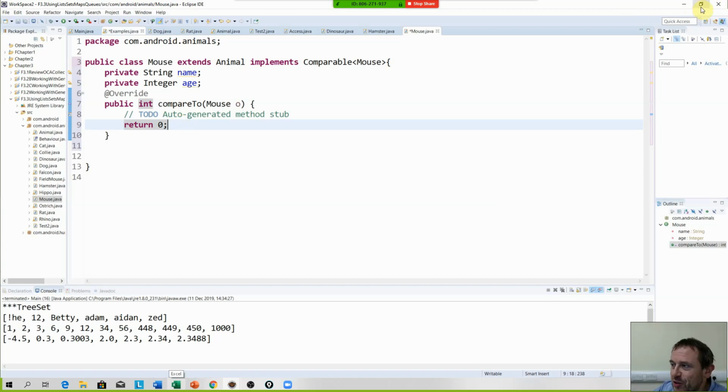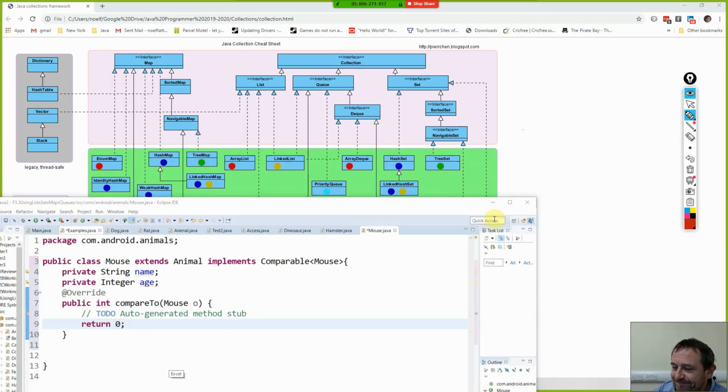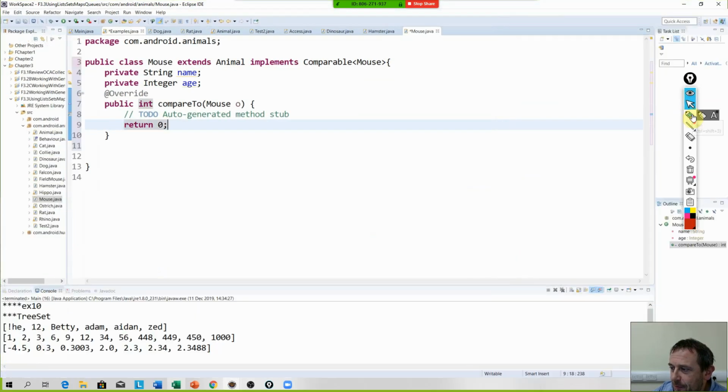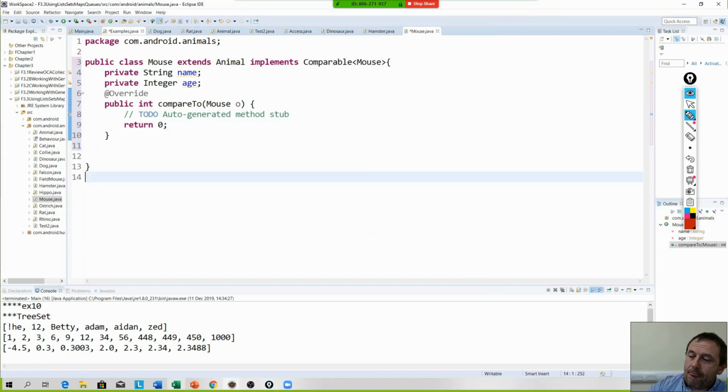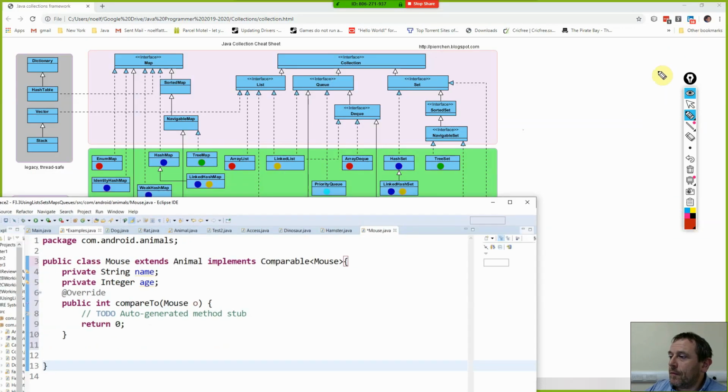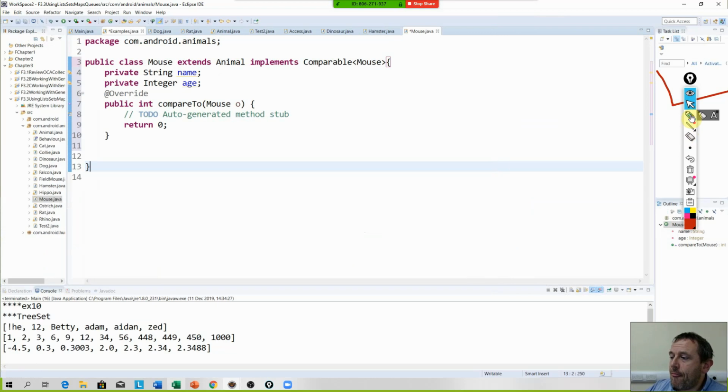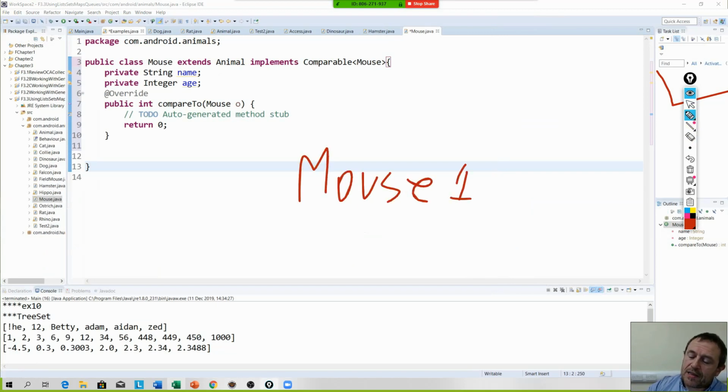the best way to do it is if I show you two mice. Let's say we're comparing two mice on their age. So mouse 1 has got an age of, I will call them names. So